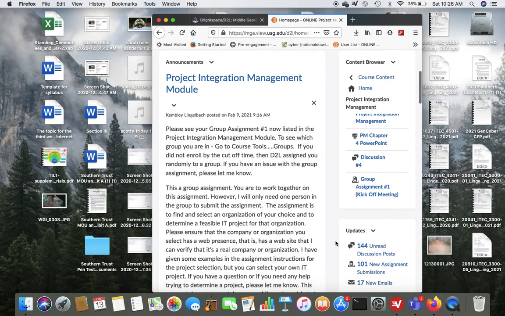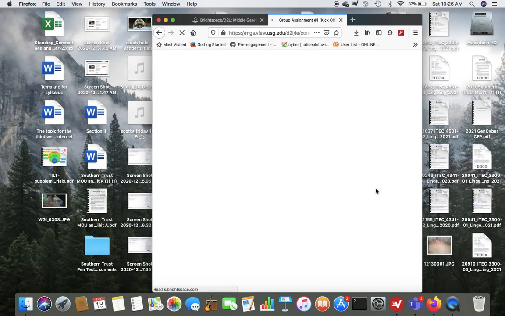Select a project manager in your group, and you can rotate that role each week. We're going to do a group assignment each week that is building your project plan. So I'm going to go ahead and go into the assignment and talk about it a little bit.